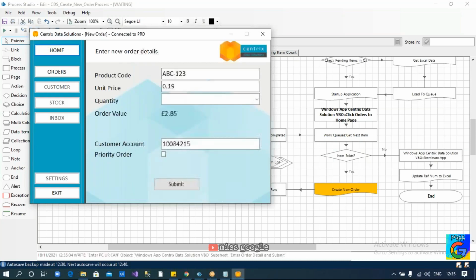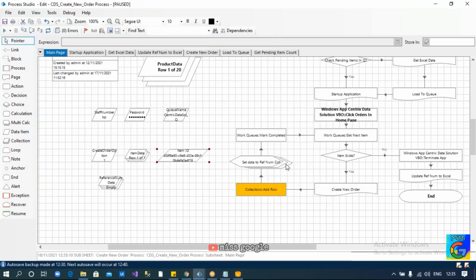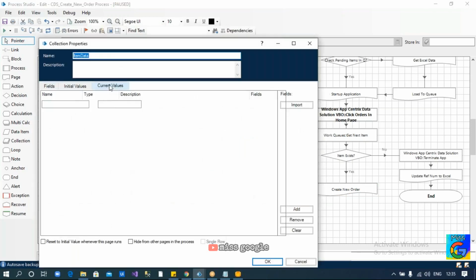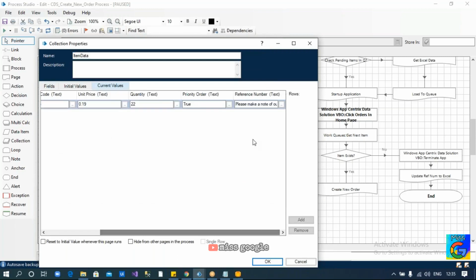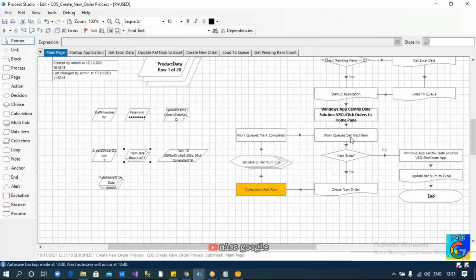It will enter the data of the first record. Now it is going to submit, it will read the reference number, and now it is coming back to the next stage. Now we have the first record data along with the reference number in this item data collection. When you executed get next item, the data is stored in this collection. So from this collection we are updating it to the reference number data collection